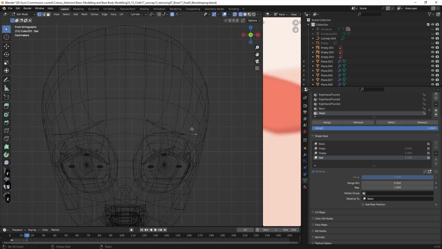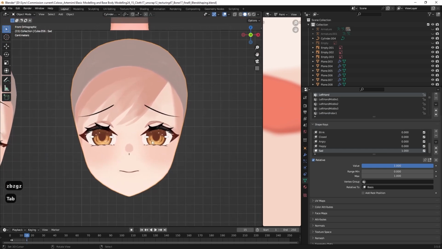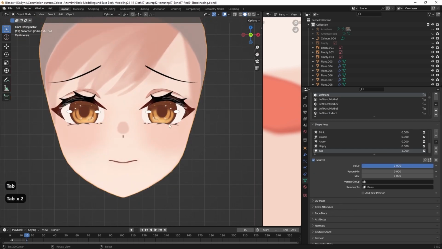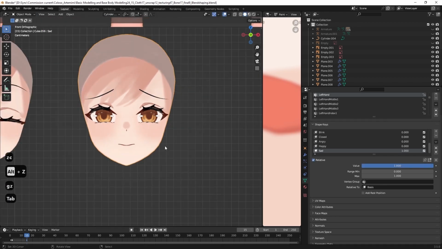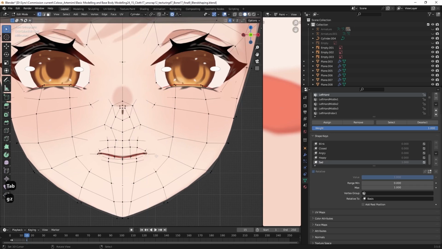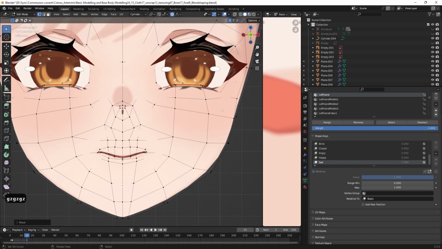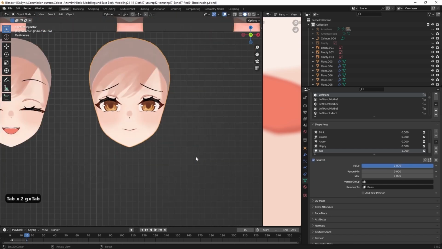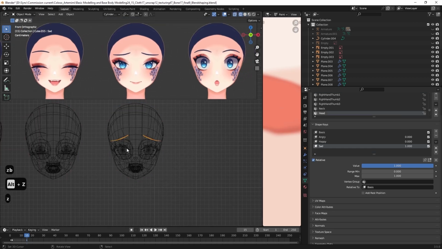Then I think we are done here. So it will be like a set expression. We're gonna make it a little bit up here for this part here. Okay. All right. So it looks like she wants to be angry, but not. She wants to cry, have tears or something. All right. So yeah, it will be like this. So yeah, we are done with the set expression here.